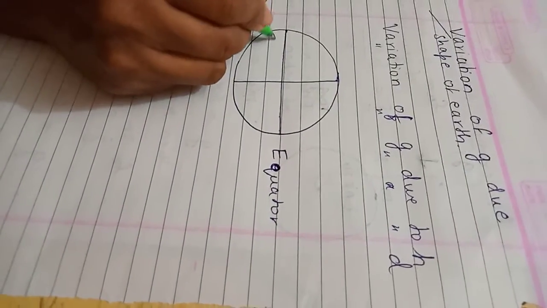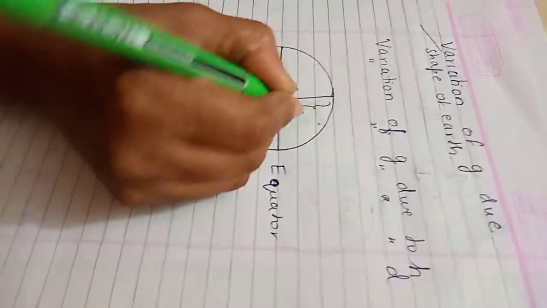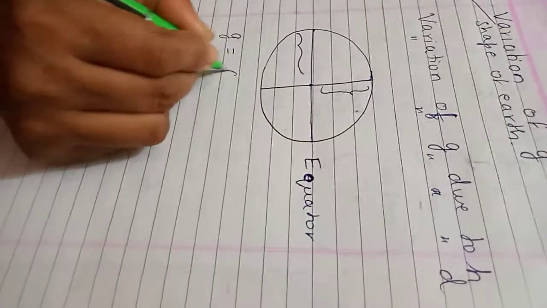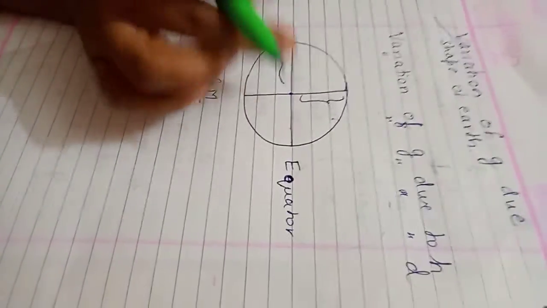So if you count this distance from the earth center, it is more. This distance is quite less. Now if you look into the formula, g is equal to GM divided by small r square for any height. Students, equator, this